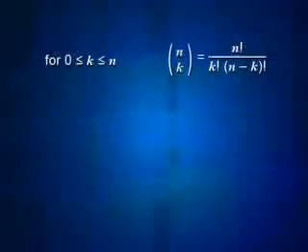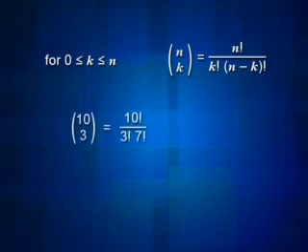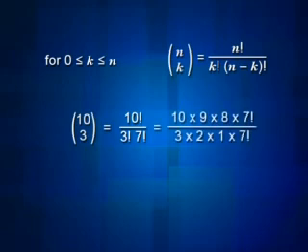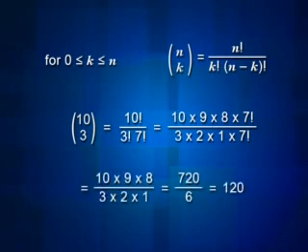For any number k between 0 and n, n choose k is equal to n factorial divided by k factorial times n minus k factorial. So for example, 10 choose 3 is 10 factorial over 3 factorial times 7 factorial. And since there's some cancellation going on between 10 factorial and 7 factorial, that's equal to 10 times 9 times 8, divided by 6. We can calculate that as 720 divided by 6, or 120. So that's the formula, but why does it work?